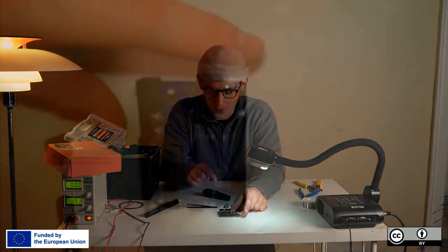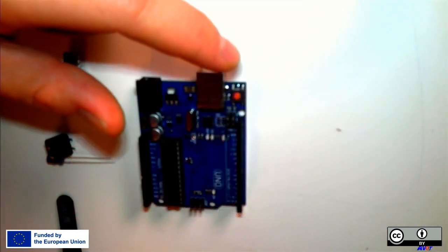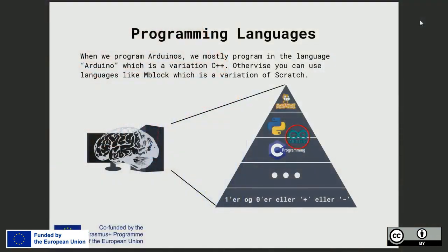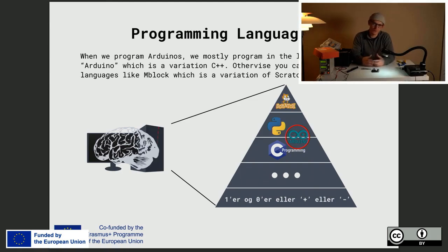I want to just talk briefly about programming languages. As I said, many years ago, what we were working with was ones and zeros, just like the digital electronics field kind of came from. Now we have advanced languages that allow us to change the functionality of these microprocessors